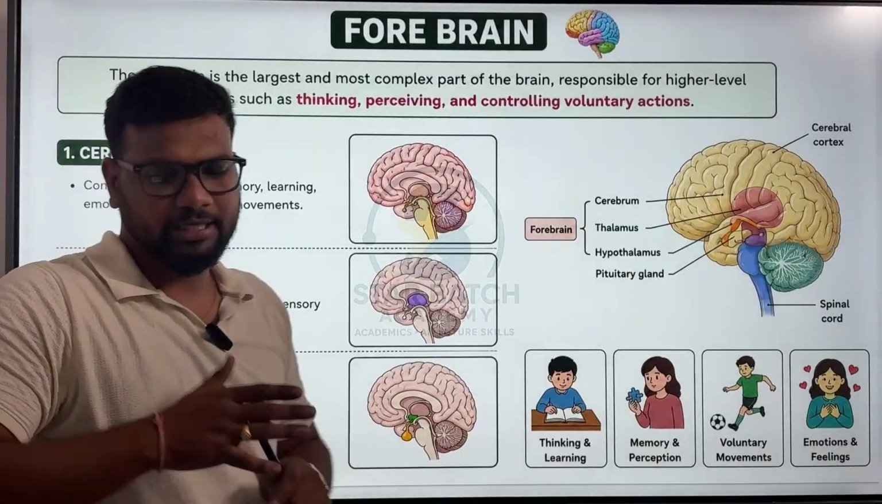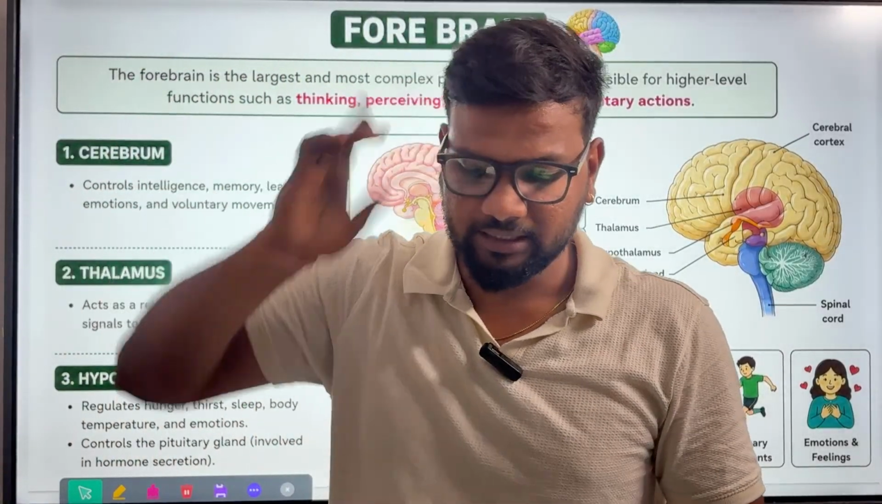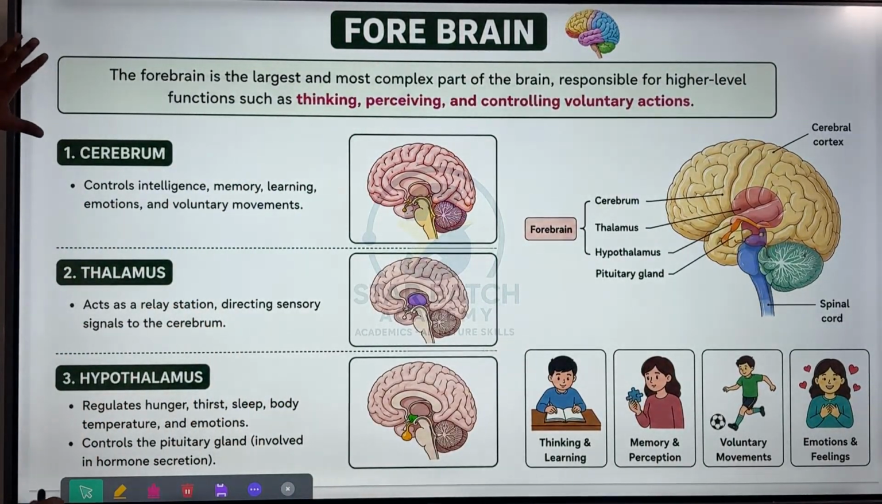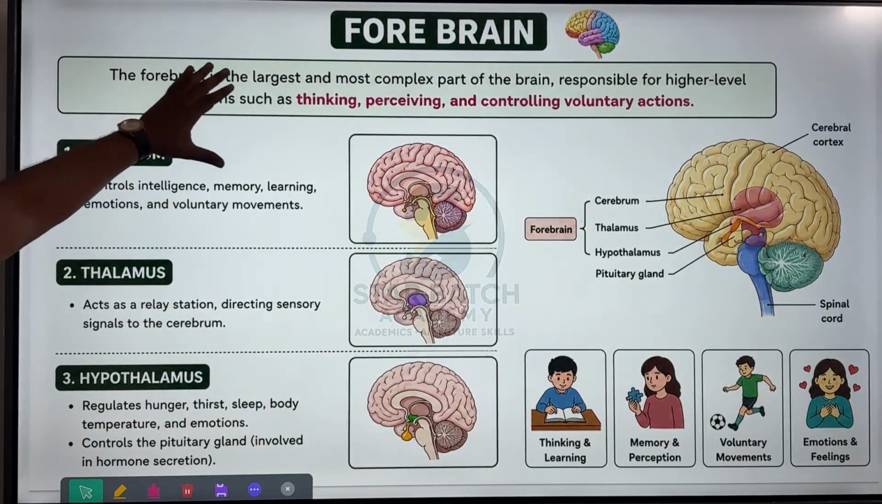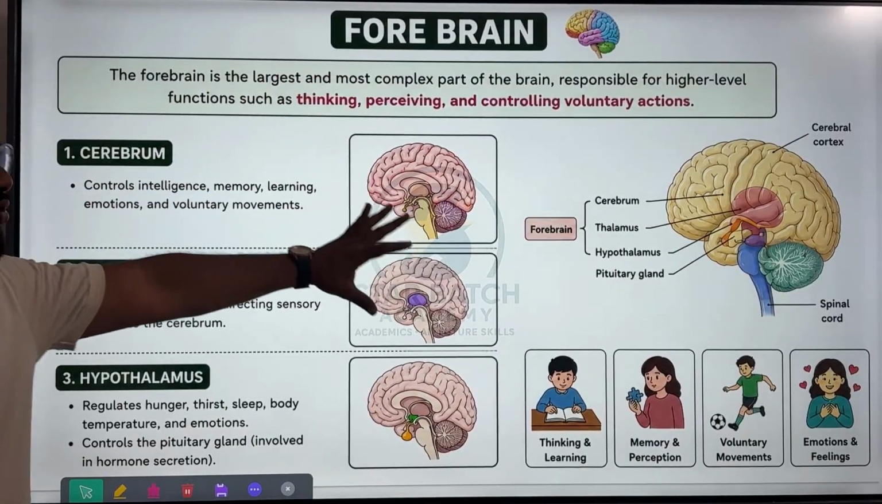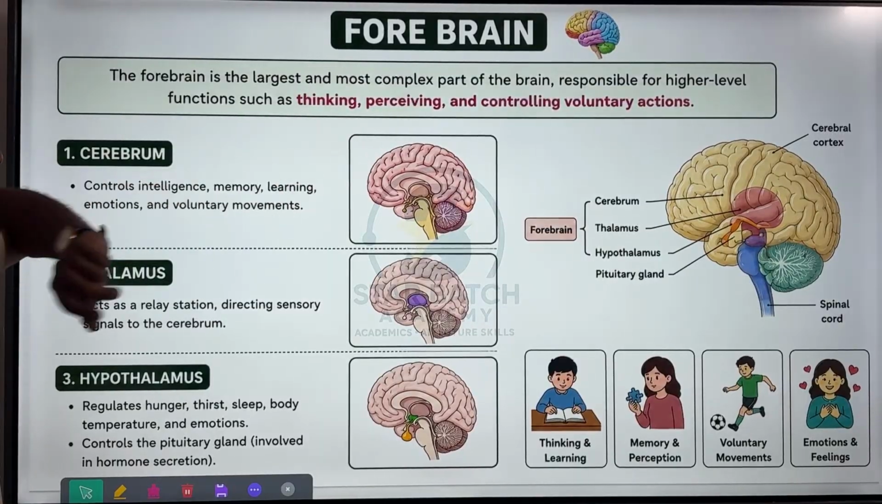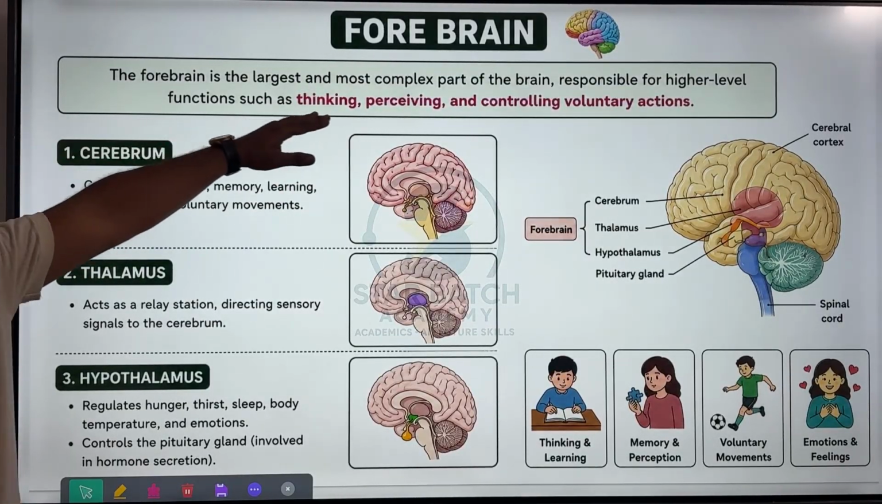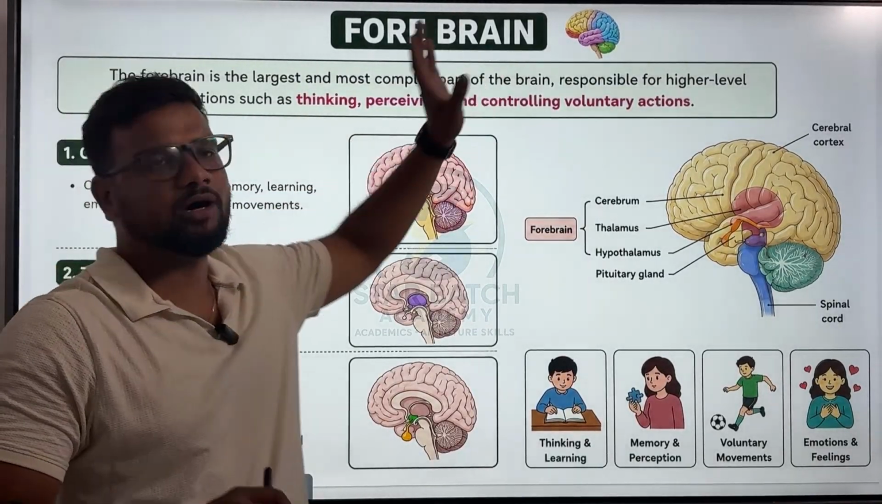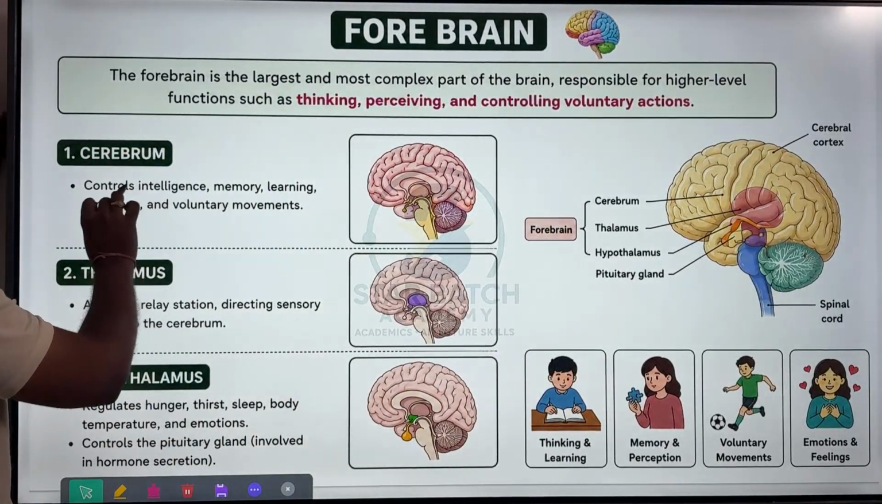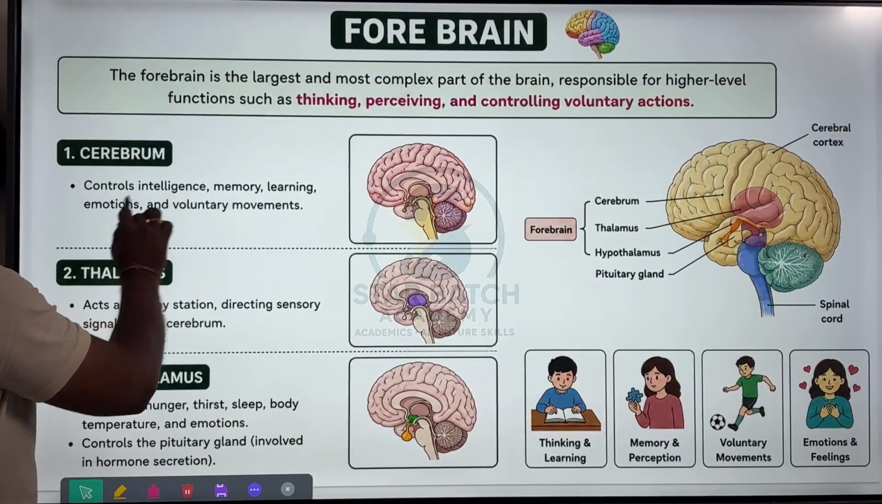Forebrain. देखो ये forebrain. Clear? यहाँ पे क्या हो रहा forebrain में? See, in forebrain, the large and most complex part of the brain, this we also called as the largest part of the brain. Clear? And in this thing, we have the higher level of functions such as thinking, pursuing, and controlling voluntary actions. देखो, forebrain we have cerebrum, control intelligence, memory, learning,